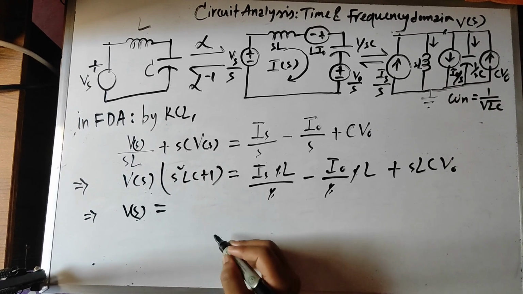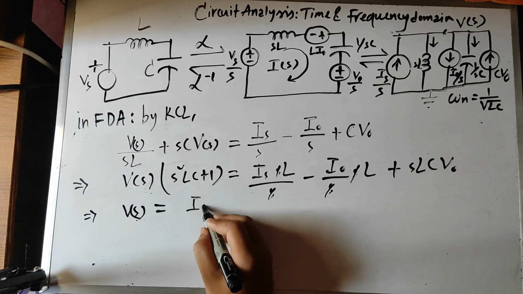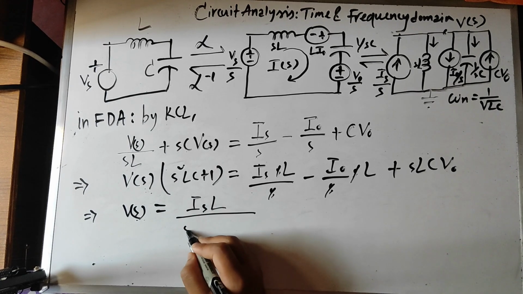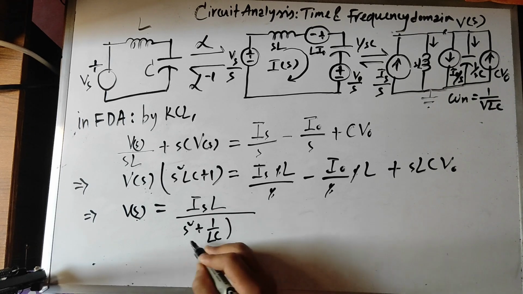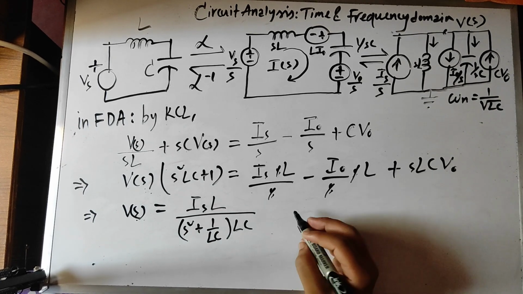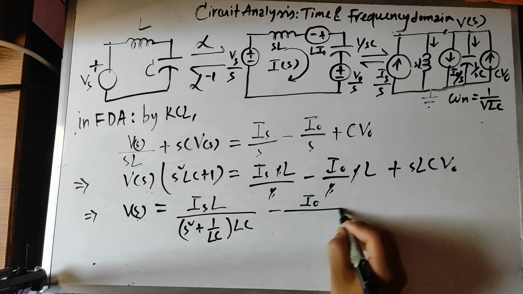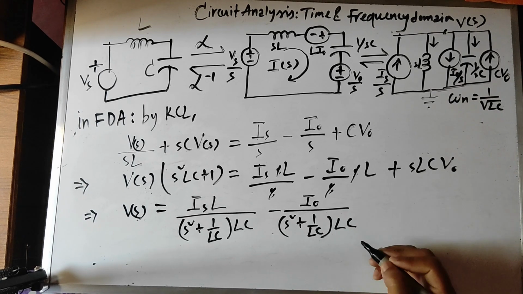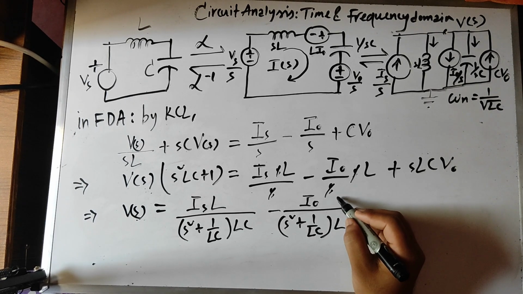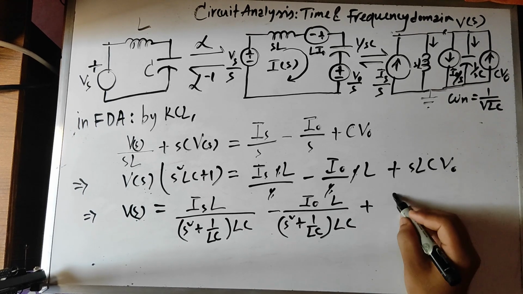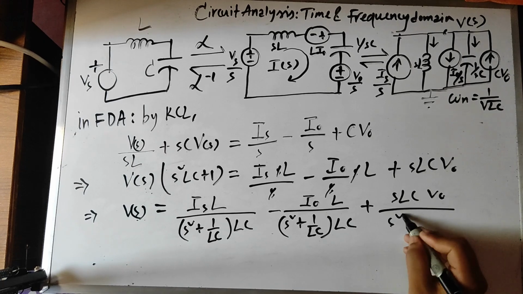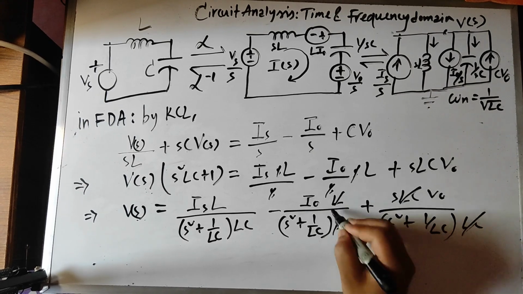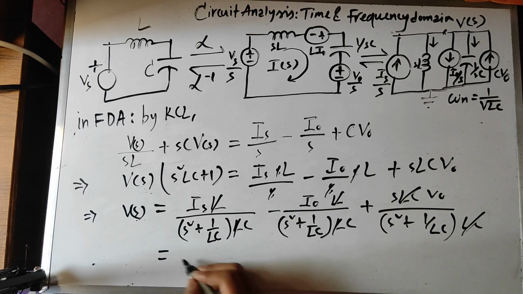Vs equals Is·L by S² plus 1/LC common, minus Io by S² plus 1/LC common, times L, plus SLC·Vo by S² plus 1/LC common. This cuts out, cuts out, cuts out, leaving behind,